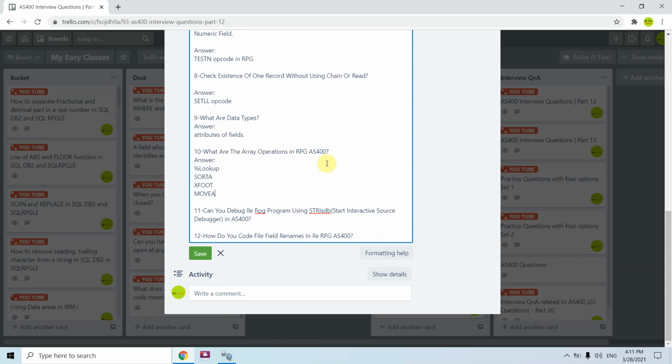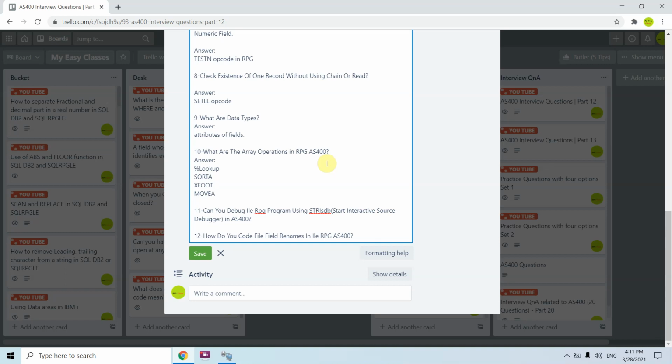For example, I am moving variable 1, which is of length 5 and has the character value abcde, to an array of length 1 with DIM of 5 elements. In that case, when I move that variable to the array, I would see a, b, c, d, e in the respective array element positions 1, 2, 3, 4 and 5.